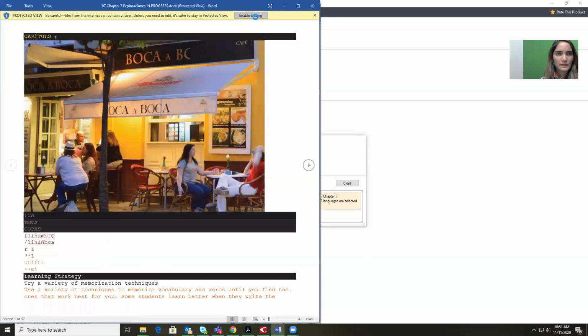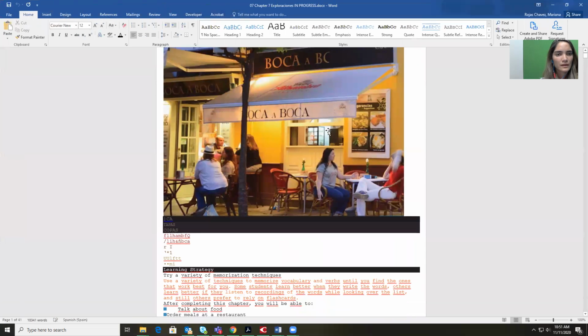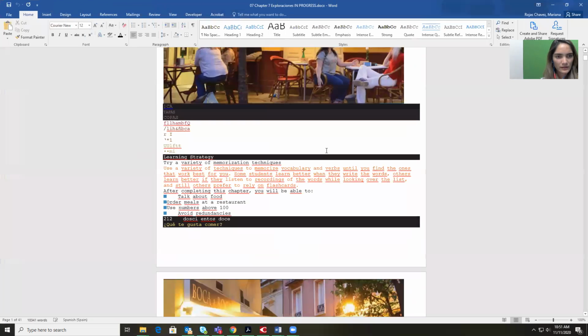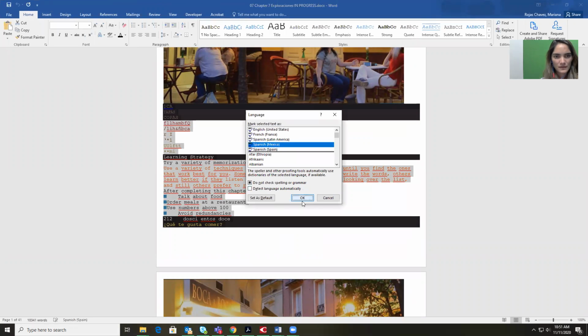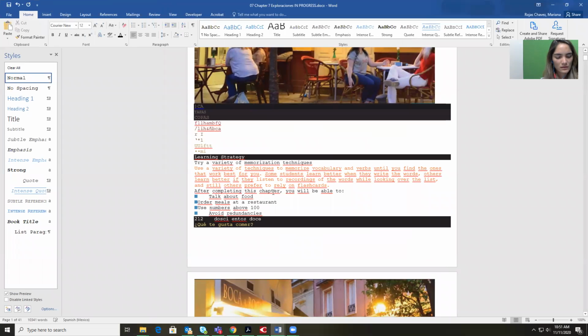There it is. Enable editing. The first thing that I'm going to do is select the whole text and convert it to Spanish Mexico. The second thing that I'm going to do is convert the text, all of it, into the normal